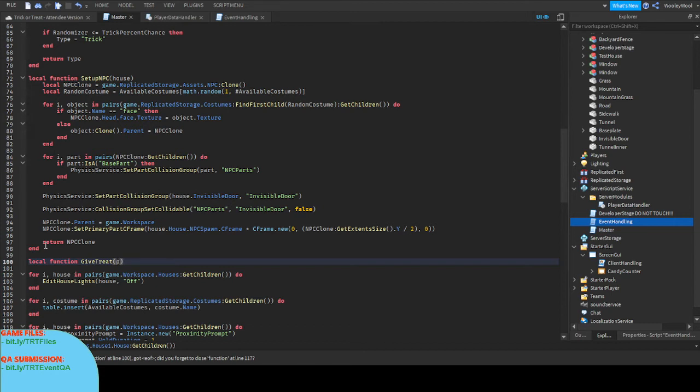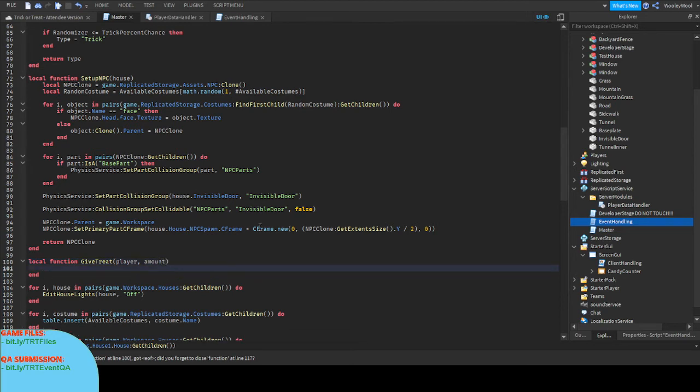And we're going to give the player treat. We're also going to have the parameter, the amount that they're going to gain. So amount. What we're going to do from there is first we're going to identify